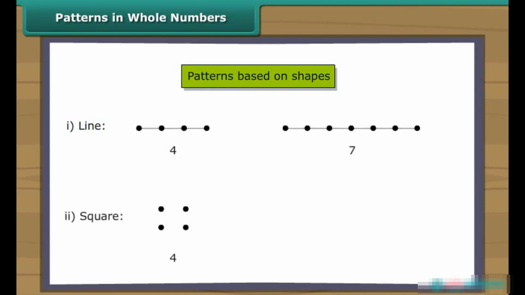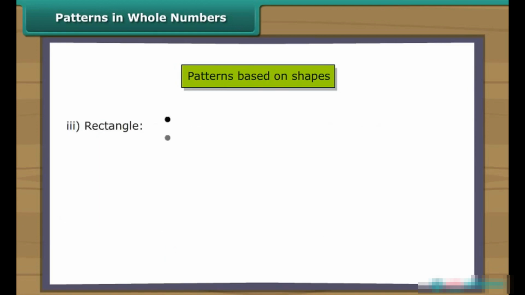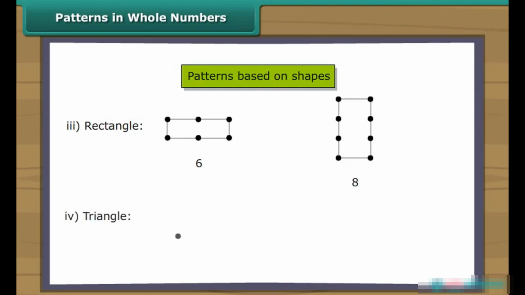Patterns in whole numbers. Numbers can be arranged in some elementary shapes using dots. The shape could be a line, square, rectangle, or triangle. Every number can be arranged as a line. For example, some numbers can be arranged as squares. For example, some numbers can be arranged as rectangles. Rectangles can be a horizontal arrangement or a vertical arrangement. For example, some numbers can be arranged as a triangle. For example,